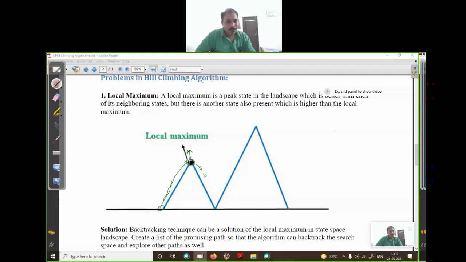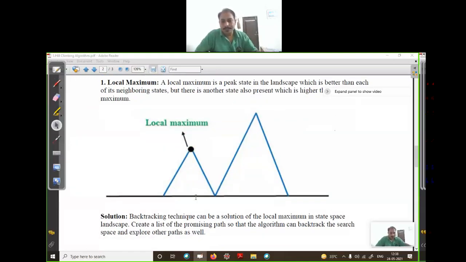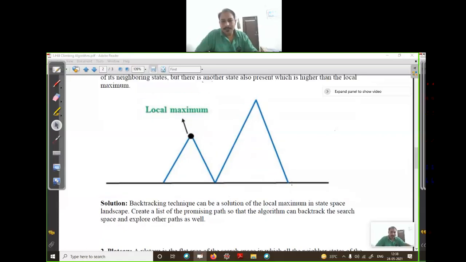You have reached the peak of the mountain, but the actual peak of the mountain is on the other side. So it will return this as your peak point, but actually it is not correct. It's a local maximum, not the global maximum. So this is one problem. What is the solution? If we apply backtracking, we will reach our goal.